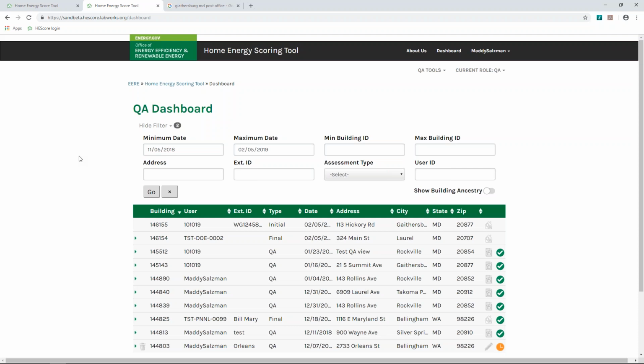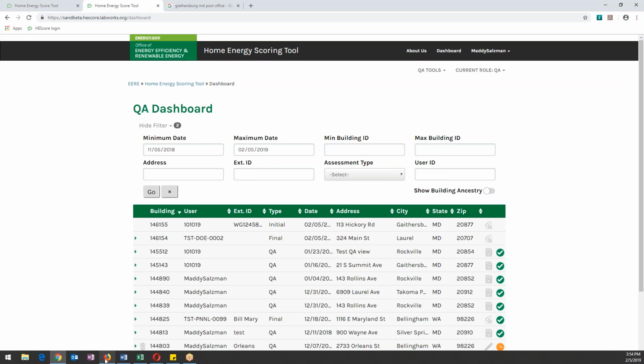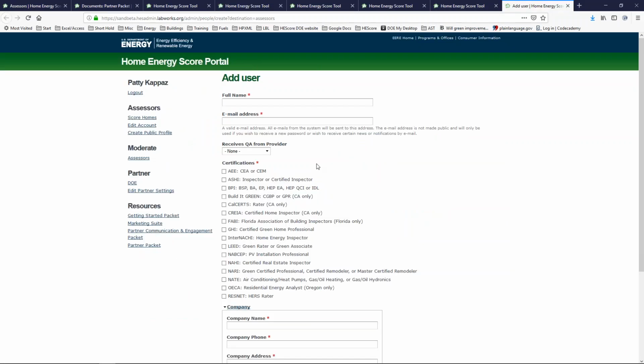So for whoever asked about the QA, we have your own dashboard now. So in this case, much like the partner role, you're going to see all of the stores for which you're responsible for QA. One of the things I forgot to tell you, on the partner side, under the new user, when you go in and you add your new users, the assessor candidates, one of the things is going to be receives QA from provider, and you're going to click who provides the QA services for your